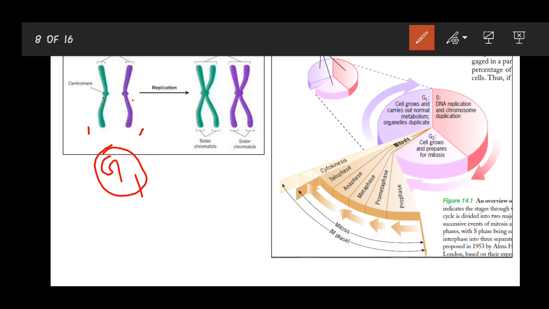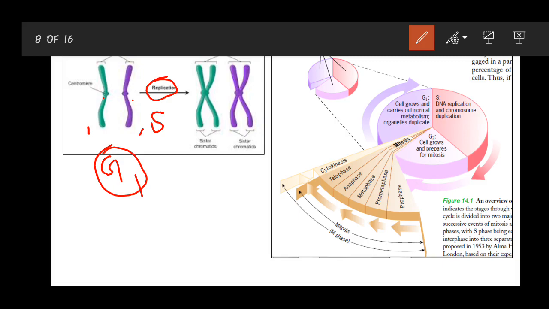So chromatid, as we discussed in the last class, is nothing but a single double helical DNA which is condensed in the form of a solenoid. You call that a single chromatid, or such a structure derived from a double helical DNA is called a chromatid. And as you see here, in the replication which happens during the S phase, each of these chromatids is replicating and producing a daughter chromatid as a result.